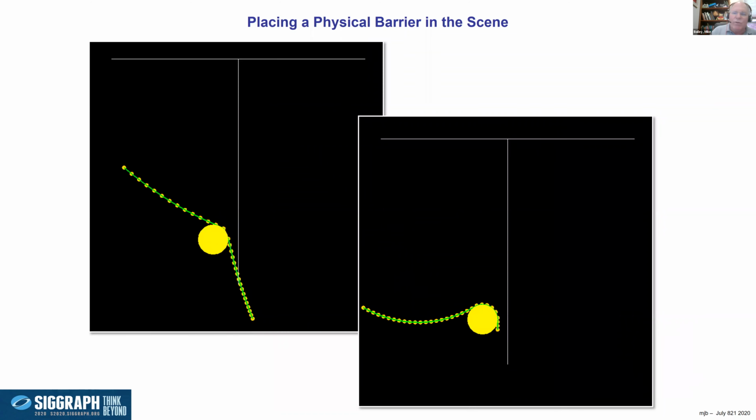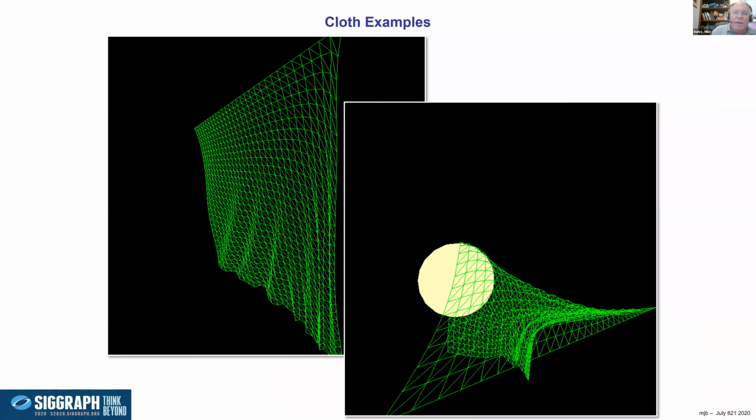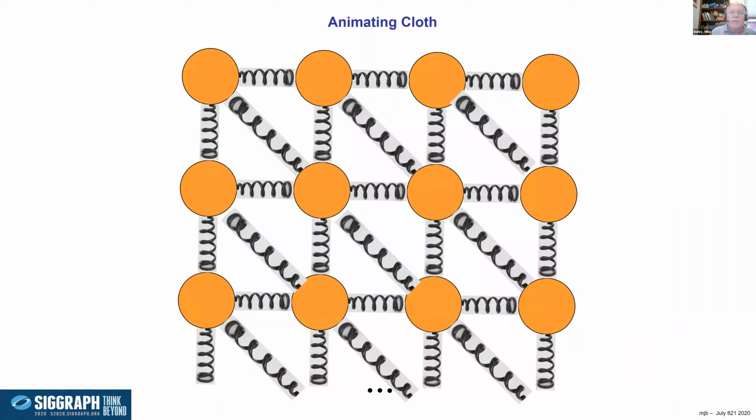Yeah, we can put barriers in the way and it just hangs over the barriers like it should. And whoops, we can go sideways. That is, okay, here's one of what we had before, but what if we put a bunch of them together and put springs going this way and springs going this way and springs going this way,